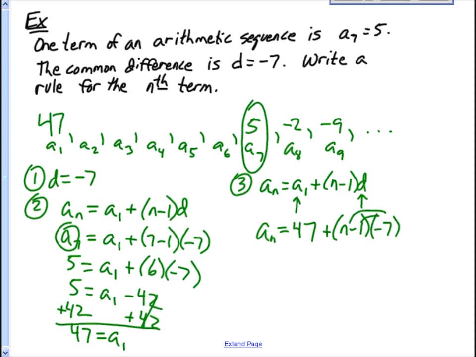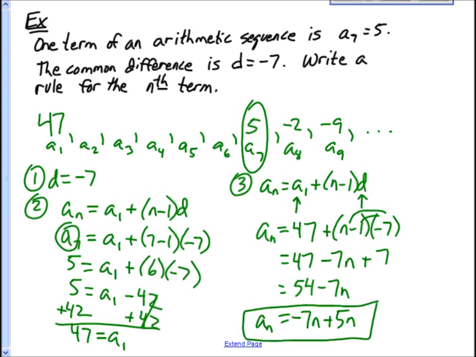We go ahead and distribute that. And I prefer to write it -7n plus 54. There's our rule for the nth term,